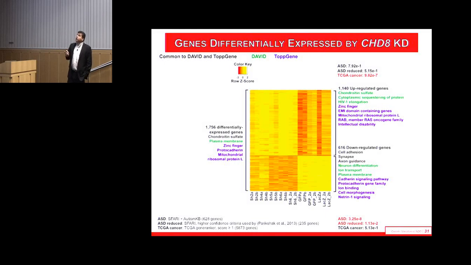gene expression? It turns out if you look at the upregulated genes, they're not at all. If you look at a reduced set of genes that have stronger evidence, they're not at all. But if you look at a broad set of TCGA cancer genes, and this is 6,000 genes that have been implicated in cancer in any way, shape, or form, again, not very specific, you actually see a quite significant enrichment among upregulated genes. Yet if you look at those downregulated genes, you see a really strong enrichment of autism genes and not cancer. So there actually seems to be this specific enrichment of genes depending on the repressive or activating function of CHD8.